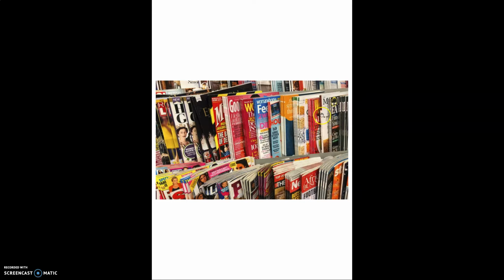magazines. The same thing applies. The magazine industry relies on software like InDesign